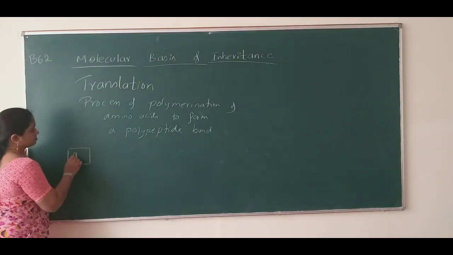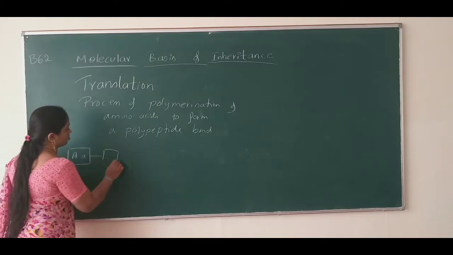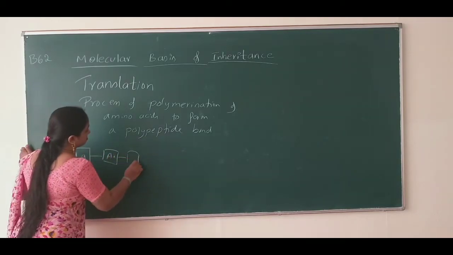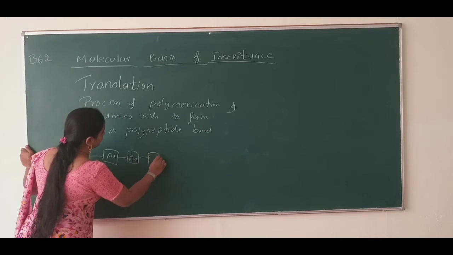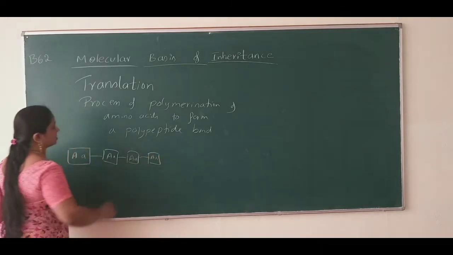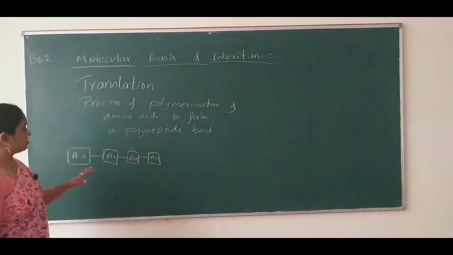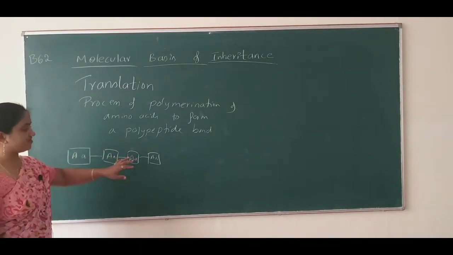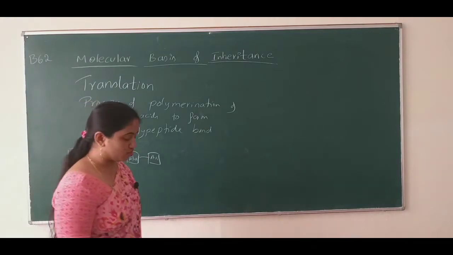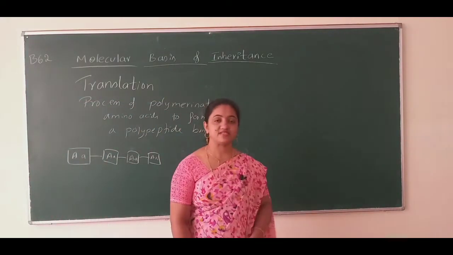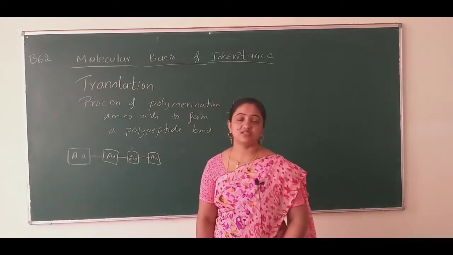In the last session we also studied the structure of protein. Somewhat it looks like this. We'll be having a number of amino acids and those are linked with a bond known as peptide bond. And now we are going to study how the bonds form between one amino acid and another amino acid. The amino acids will be in the cytoplasm and tRNA is also in the cytoplasm.